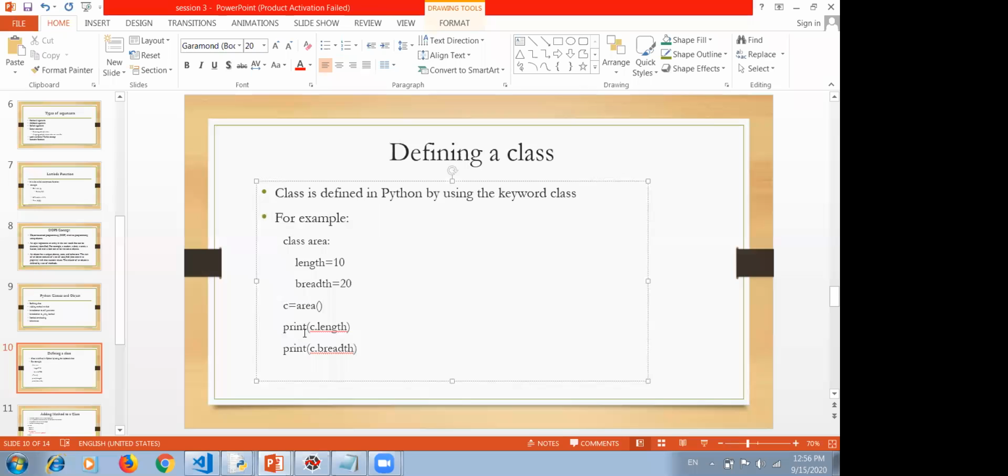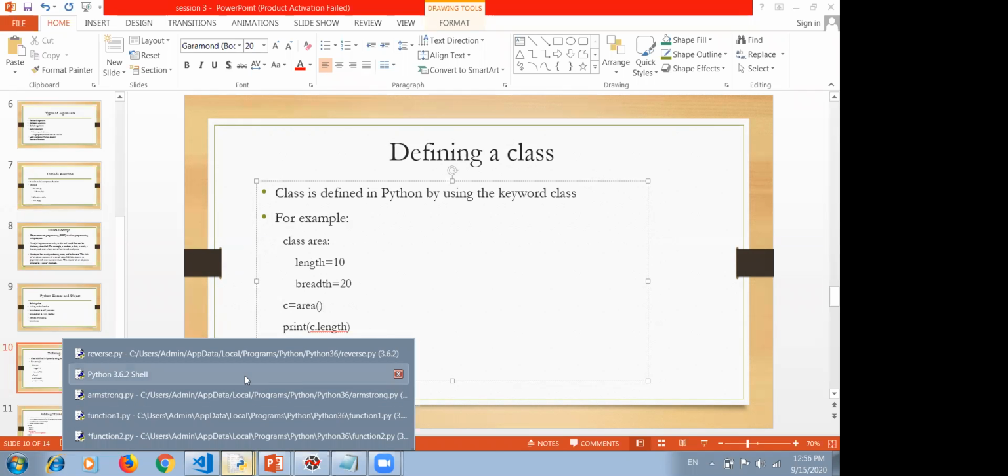I am printing c dot length, c dot breadth. To access this length and breadth, this object is created. Only this object can access this member of the class. This is also a kind of abstraction, where this portion is hidden. Only this object can access the members of the class. Okay, let's see some program.